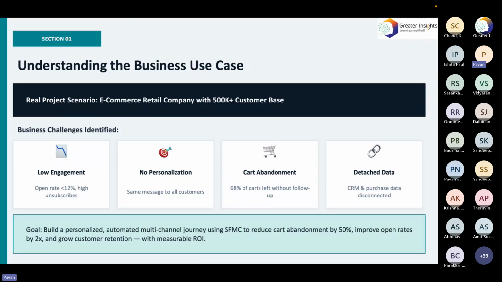Now, and also lastly, grow customer retention, right? What is customer retention? We don't want customers to say, oh, I made a purchase, and then they uninstall the app and go away, right? For a business to run efficiently throughout the season, year after year, we need customers to be retained and be loyal to our company, to our business, right? You bought a phone from us, you buy an earphone from us. If you buy an earphone from us, buy an iPad from us. So in some shape or form, you want that particular customer to be with us